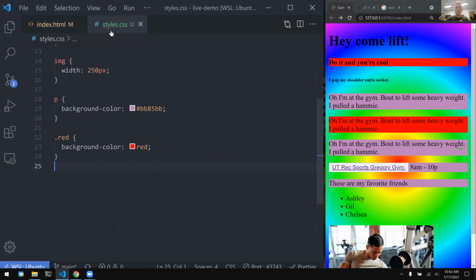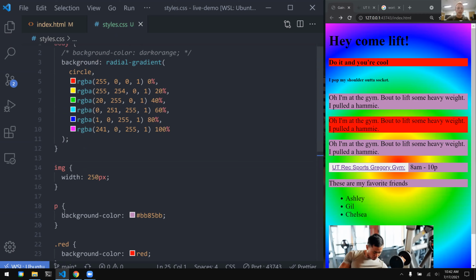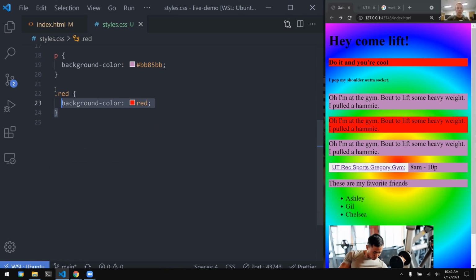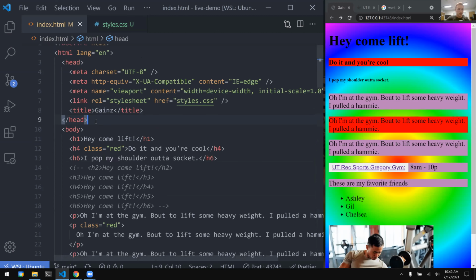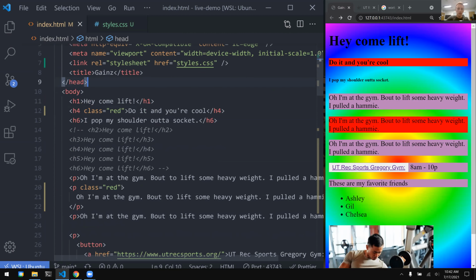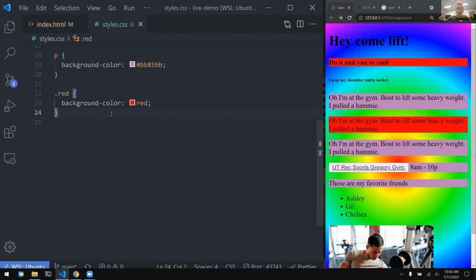So those are two different kinds of selectors we can use to add styling. These are your tag selectors, because it's just a tag for your HTML. And then you have a class. But then there's also something called an ID selector. And so I'll go ahead and do this one. And we'll say that even though we want both of these to be red, we want this paragraph to have an extra styling. Because here, we could go in and say,